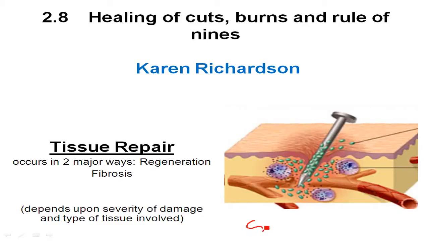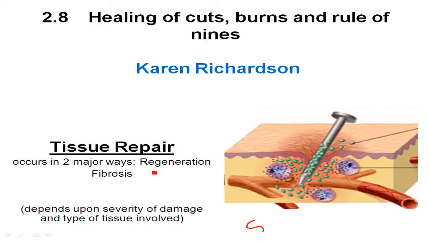Today I'm going to be talking to you about damage to tissues and how that tissue is repaired. If it wasn't for the ability of our body to heal, any damage to our tissue would be potentially life-threatening due to loss of blood or possible bacterial infections. So the body has to have a way to repair itself, and there are two different ways that we do